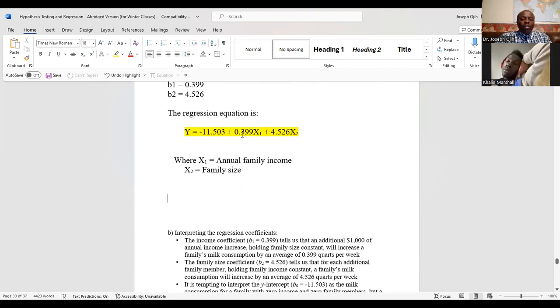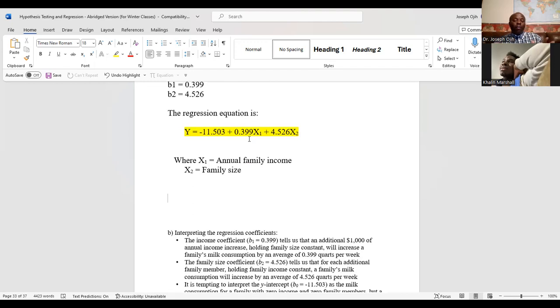Let's start with B1, the 0.399 x1. The income coefficient of 0.399 is positive, so it tells us that an additional $1,000 of annual income,